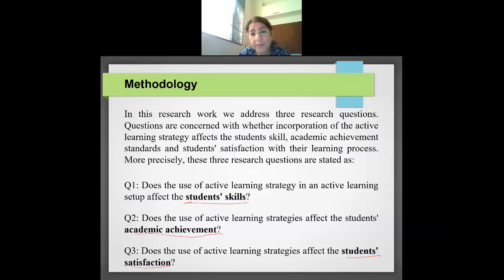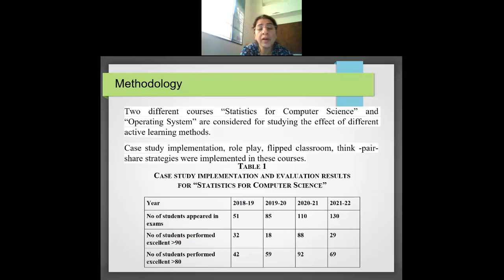Now we have CO-based learning. CO-based learning in the sense that we form COs for those particular subjects or contents, and for those COs we measure how many students scored greater than 60, less than 60, and so on. So one CO was case study implementation. We asked students to implement case studies for the statistics for computer science subject in the last 4 years,